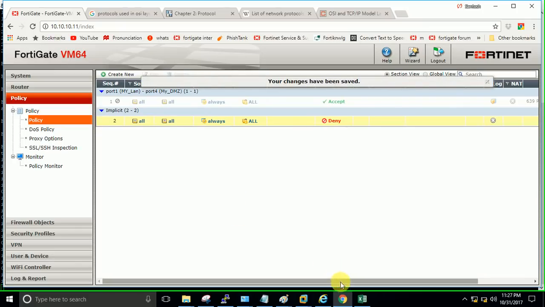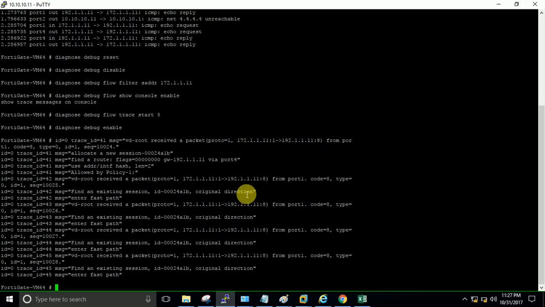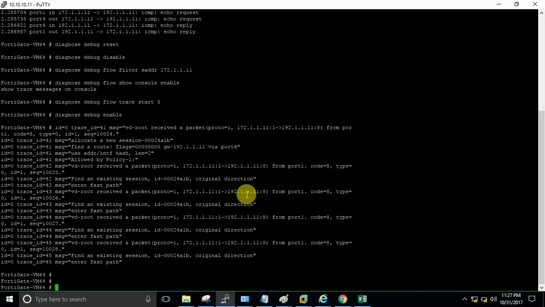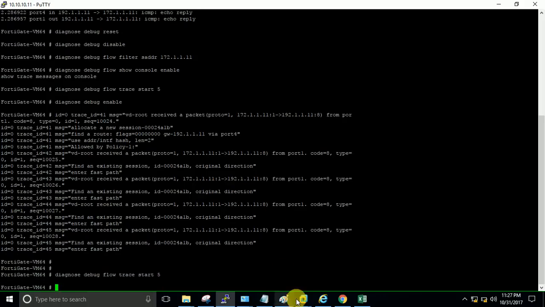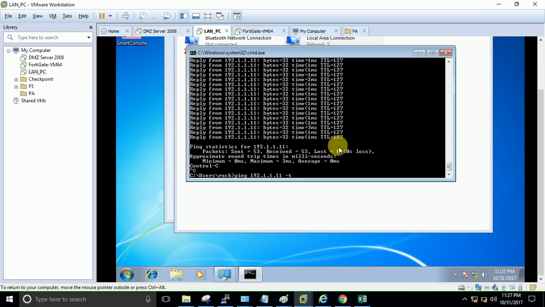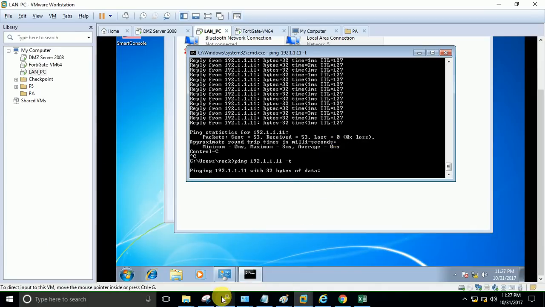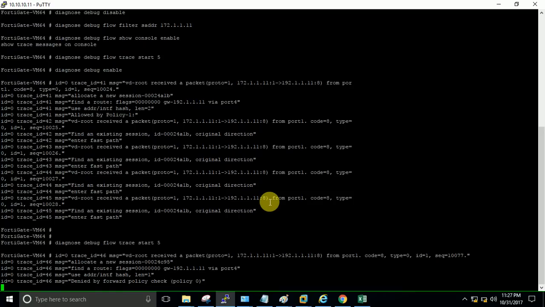Okay, I have disabled this policy. Now I will run all those commands. I need to start the trace and do the ping again. No, ping is not coming. See,